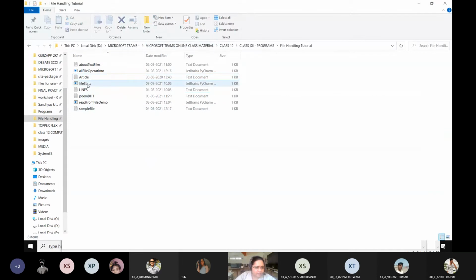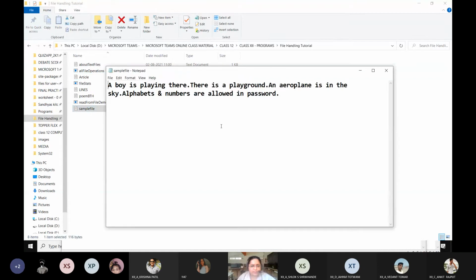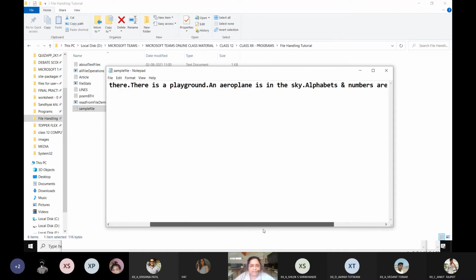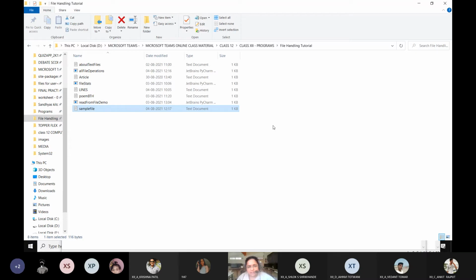Let's see whether that file is there or not. So let's find, yes, I can see the sample file over here. If I double click it, you can see whatever data we had supplied, it is written into the file. But everything is written in one continuous line. If I go to format and disable word wrap, you can see everything is in the form of a single line in the file, right? How can I change the line?